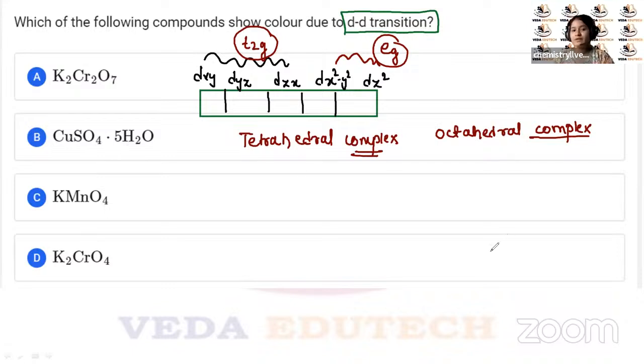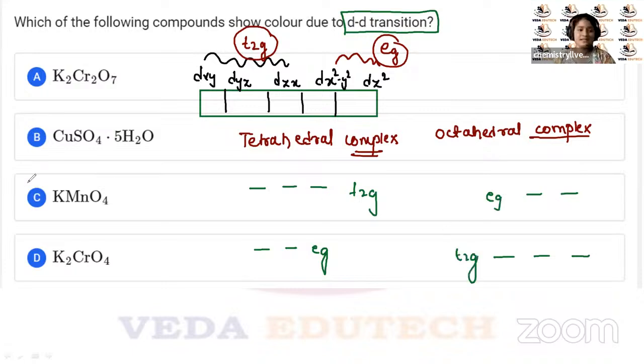In case of octahedral complex, children, T2G lies below, EG lies above. Similarly, in case of tetrahedral complex, we have EG lying below, and T2G lying above. Yes. So whenever there is an electron here, and on gaining some energy, ये जो इलेक्ट्रॉन है ये ऊपर जाएगा। अभी यहाँ पे था, यहाँ से एनर्जी आने पर वो कूद के ऊपर चला जाएगा। उसको हम लोग बोलेंगे डीडी ट्रांजिशन। क्या बोलेंगे? डीडी ट्रांजिशन।